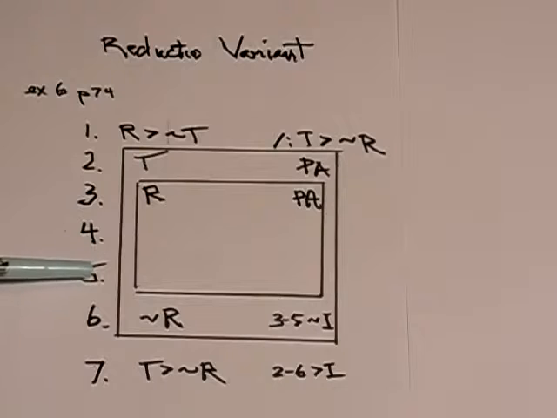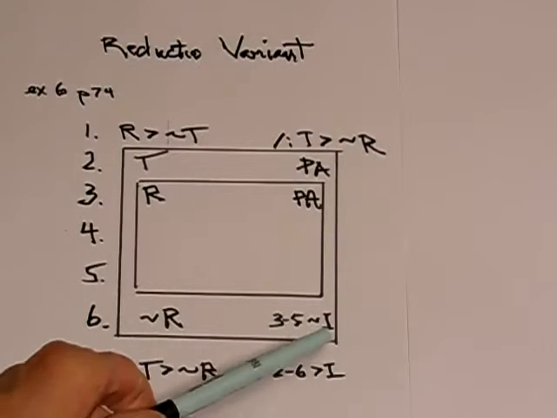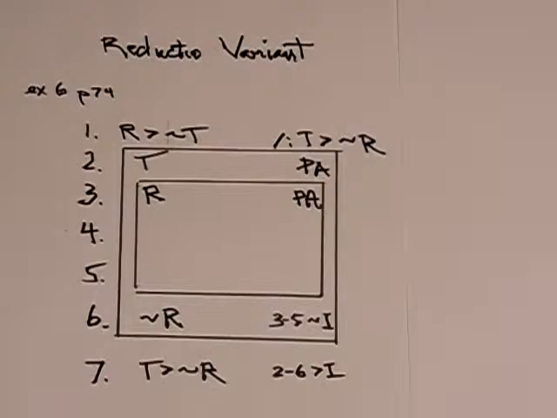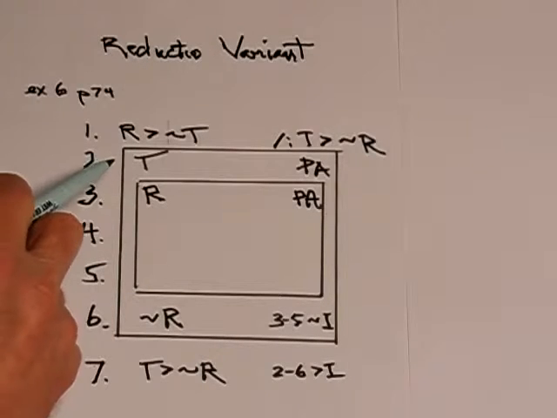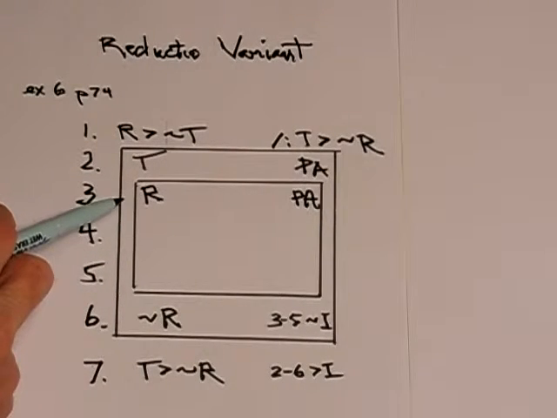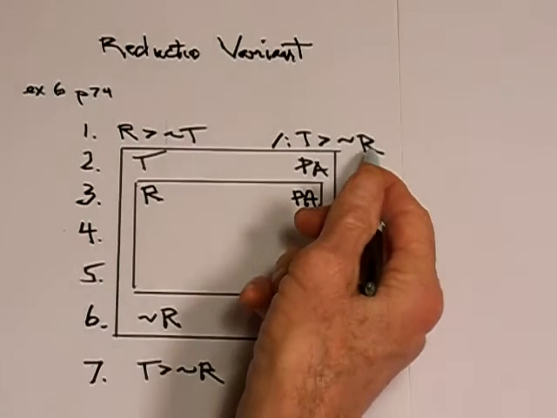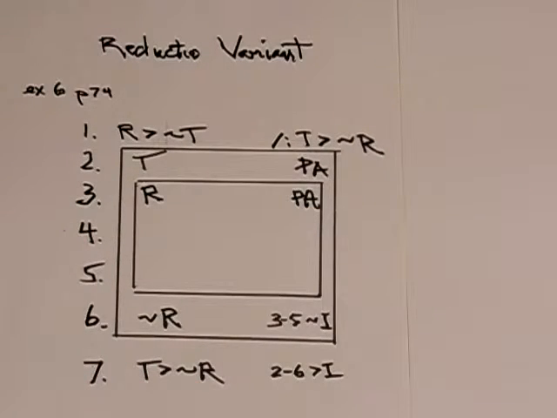So lines 3 through 5 result in 6, justified by one of the reductio rules. This is a handy and useful way of approaching complex conditionals. So take a look. We want to get T arrow R, so we assume T, and then we assume the contradictory of our goal, not R, and from those two assumptions plus the single premise, we're able to get a